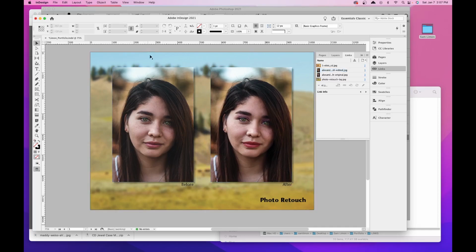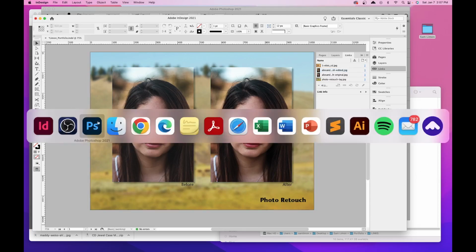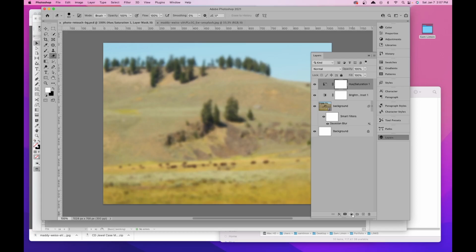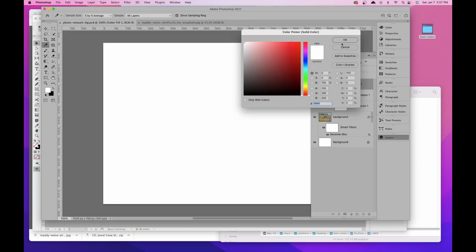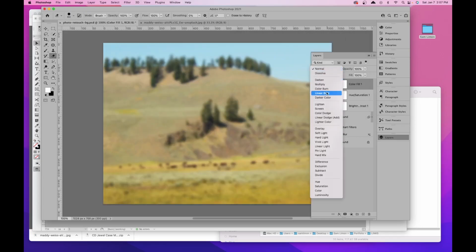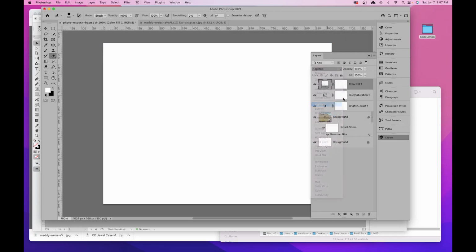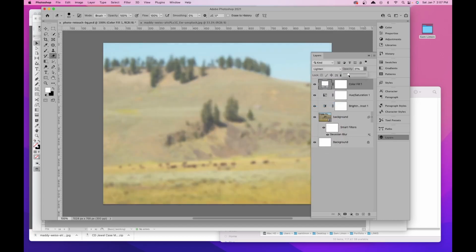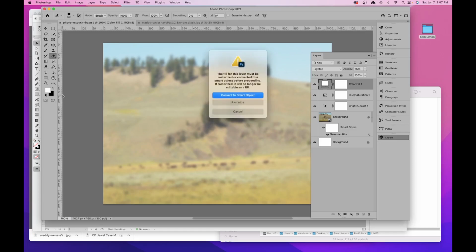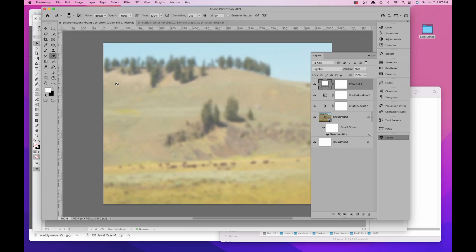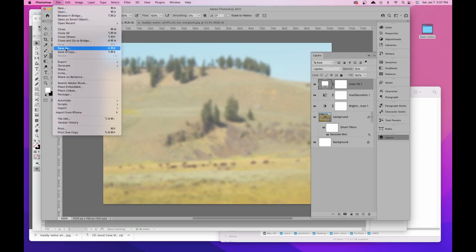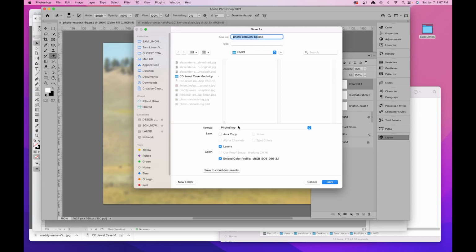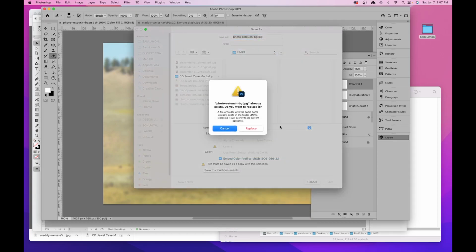And I think I do want to make the background lighter again, so this is just fine tuning. Let me do this real quick. I'm gonna do a solid adjustment layer of white, and let me go to maybe lighten and change the opacity down a bit, so maybe about 25%, so kind of like that. Save it and then save the JPEG. So file, save as JPEG, save it, replace it,